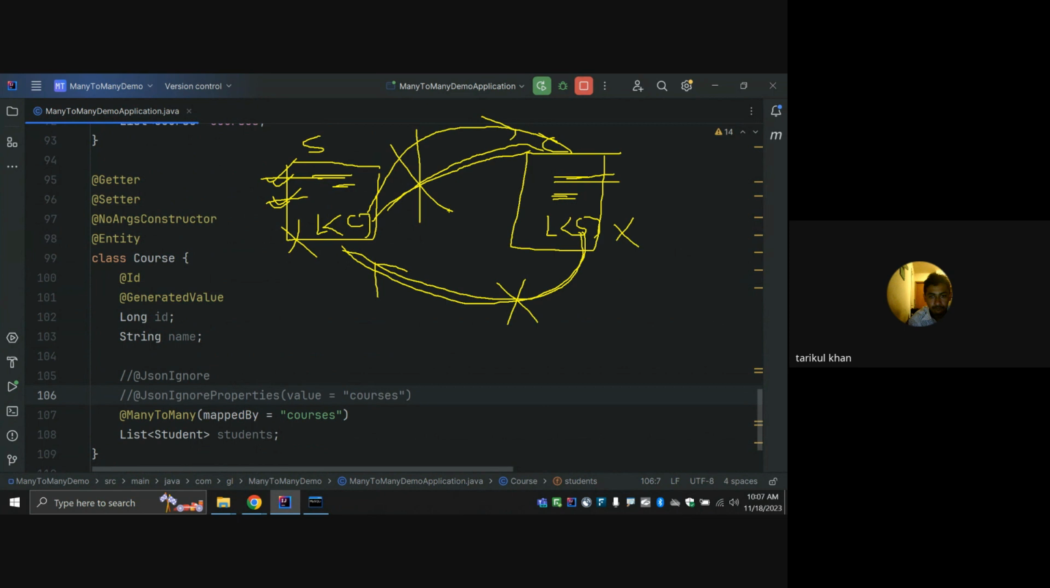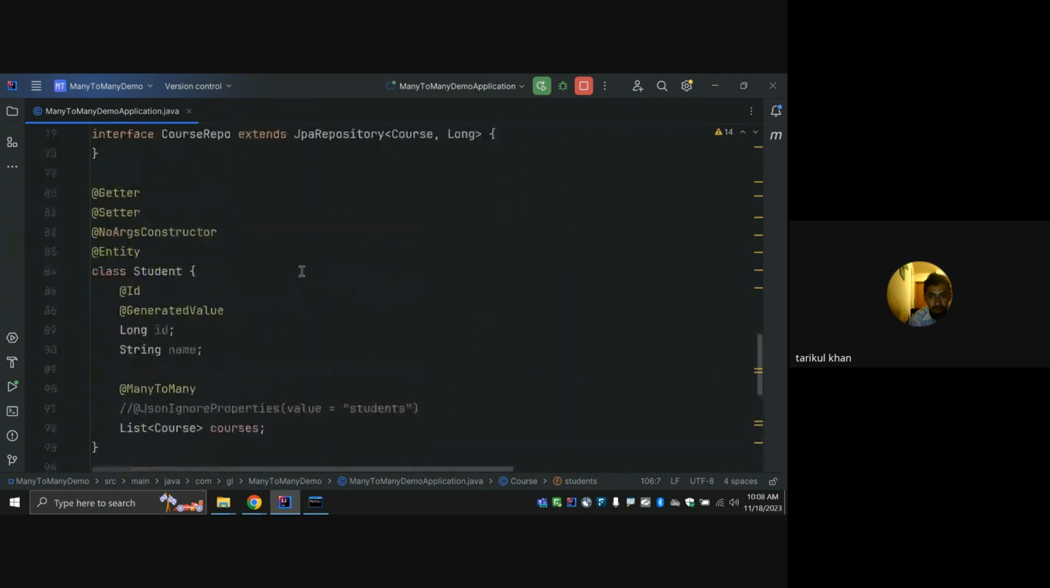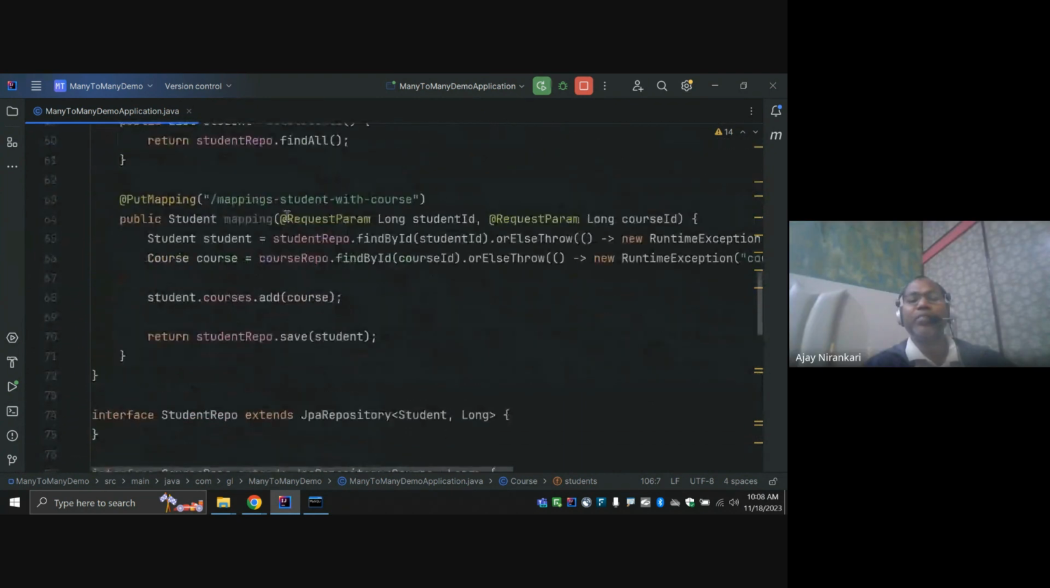Now at the end, what was the last mapping endpoint that you created? Yeah, the mapping endpoint. Simply say this is the student id and this is the course id, right? From this student id I say find by student id, this is my student. This is the course id, I say find by course id, I get the course. Now for the student, I say hey student, your course is this,